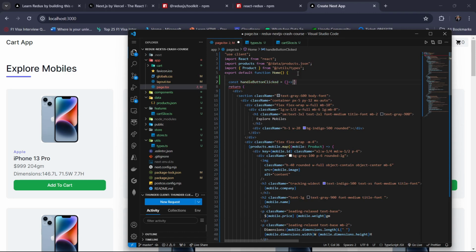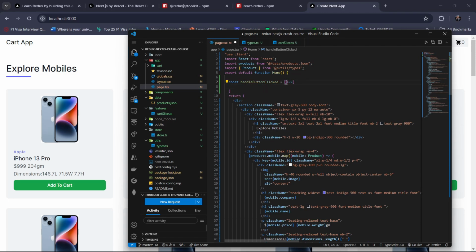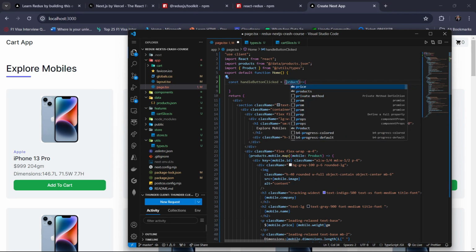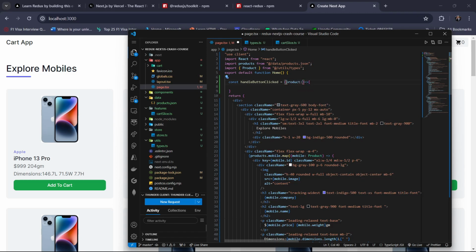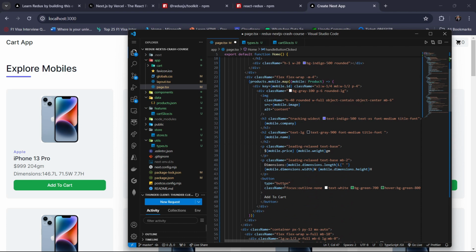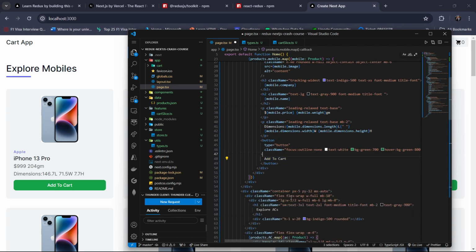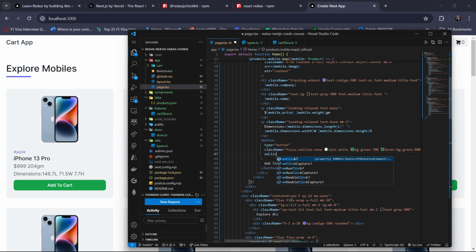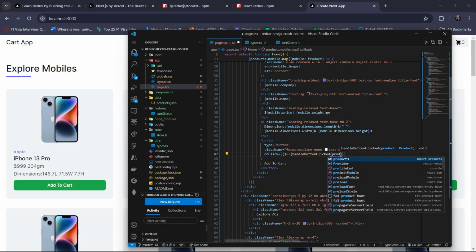Okay, so handle button click, and I just want to pass the product here inside this product of type product, and inside this add to cart button, let me just come and write on click handle button click and pass this